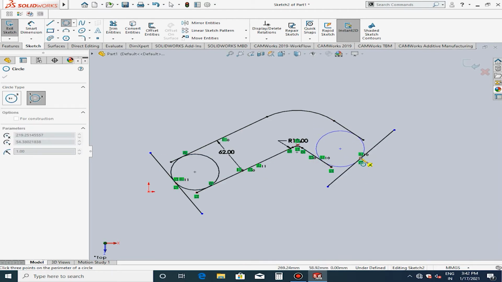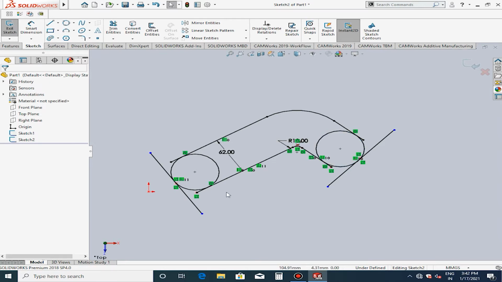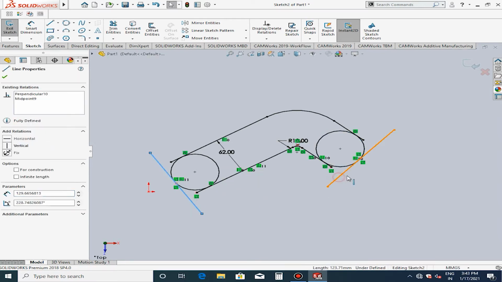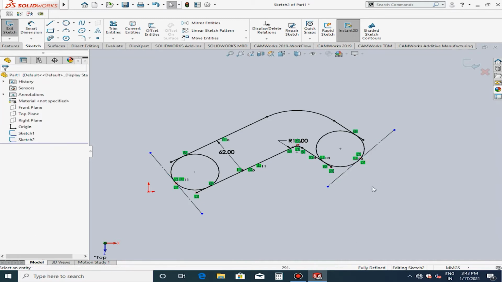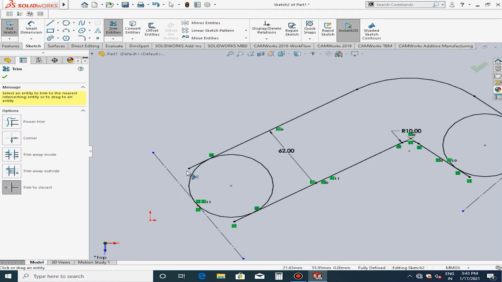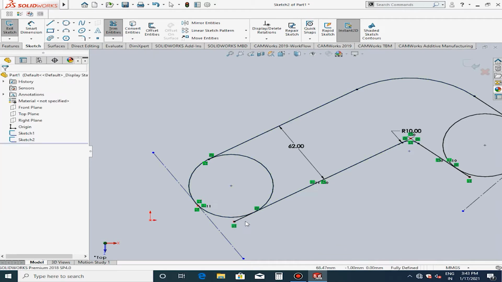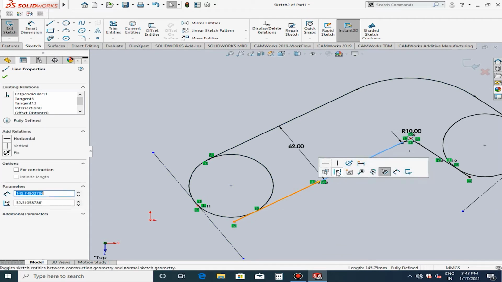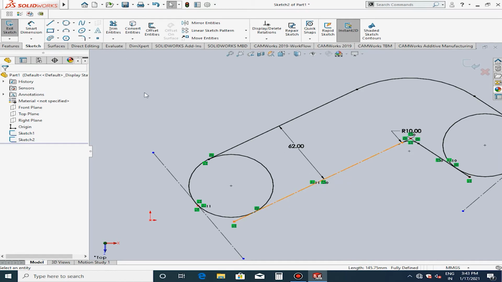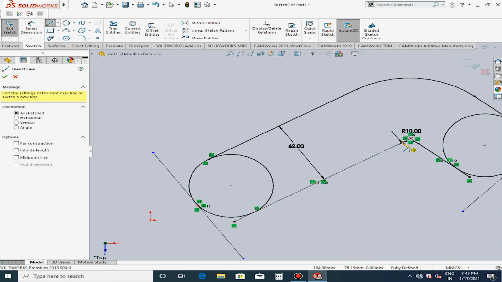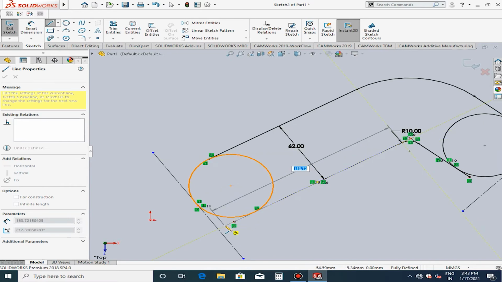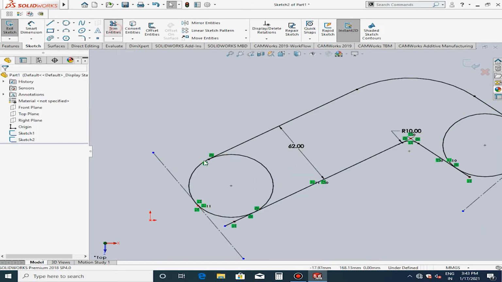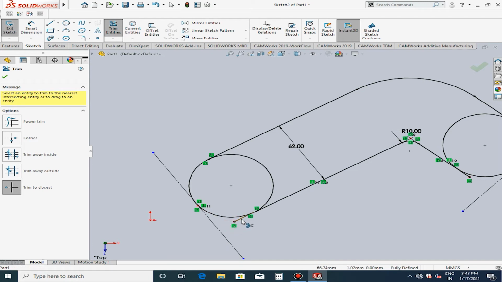Now you can see that it is going to look like exactly the slot shape on the original component or our job. So I'm going to trim out the lines which I don't need. If I trim this, the whole profile is going to be loose, or you can say undefined. So in order to fully define, I'm creating another line so I can trim it out without disturbing the points. So I can trim out the circle